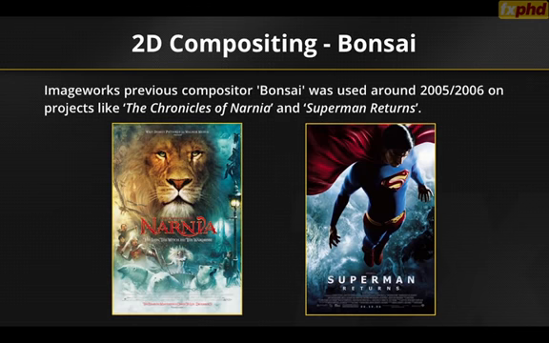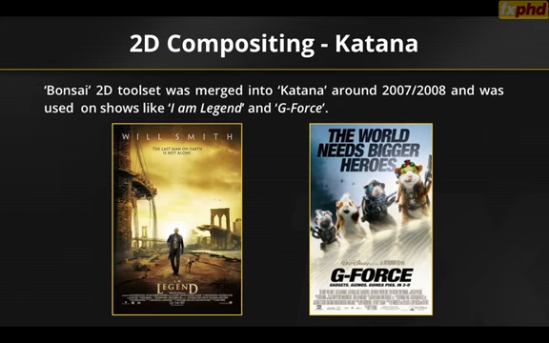Now at Sony Pictures Imageworks, they had a system called Bonsai, and this was used around 2005-2006 on projects like The Chronicles of Narnia and Superman Returns. Bonsai was coming to an end and they decided they wanted to upgrade it, and another team at Sony were working on a lighting tool. So they took the best bits of Bonsai and this lighting tool and combined them into what we now know as Katana. And this was happening around 2007-2008,